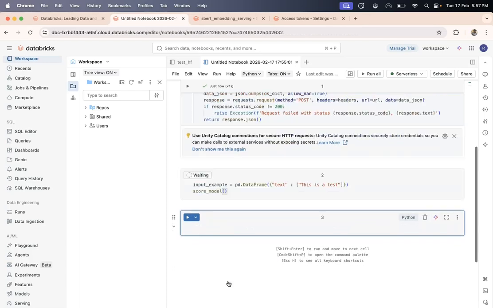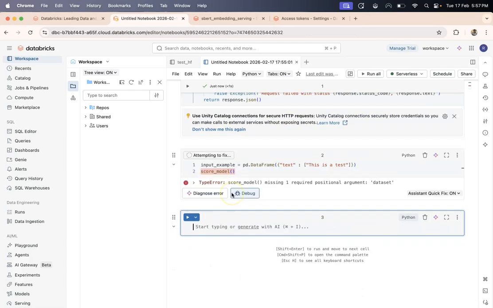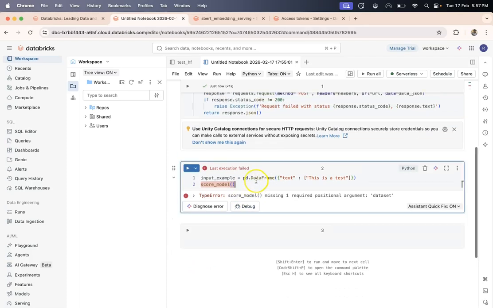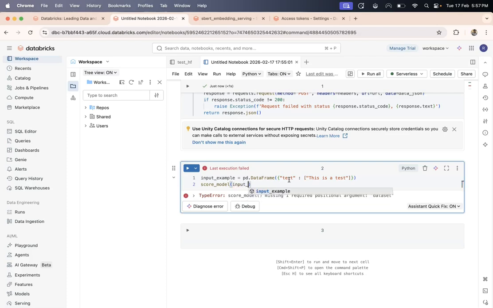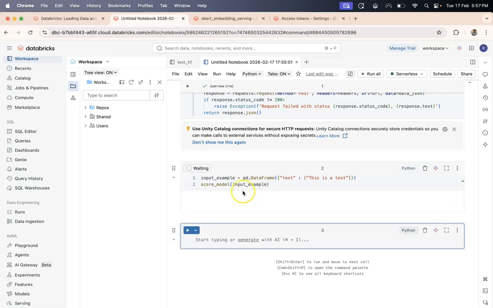Now if I run this, it says, okay, I think the input example we need to pass. If I run this now,